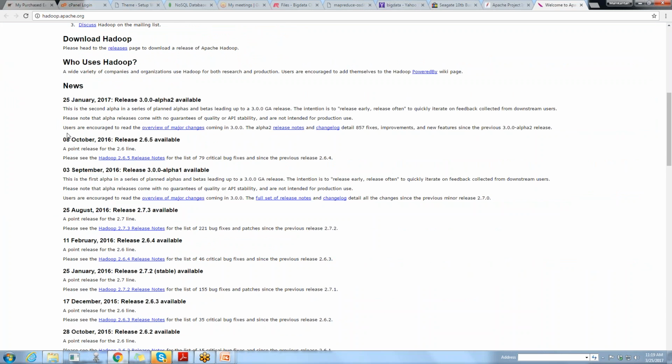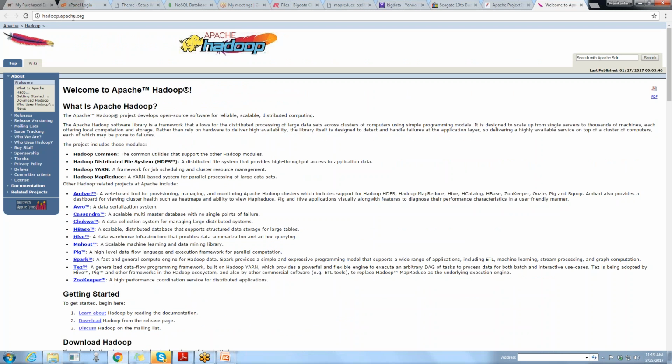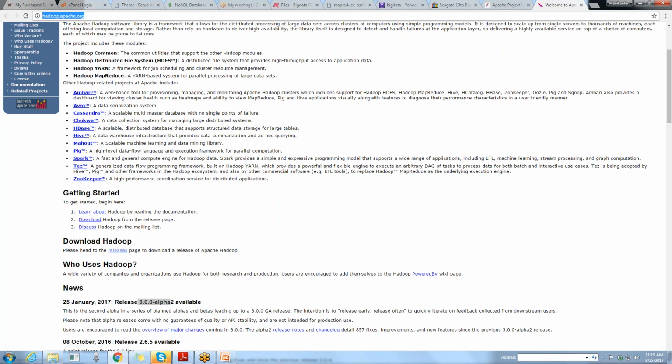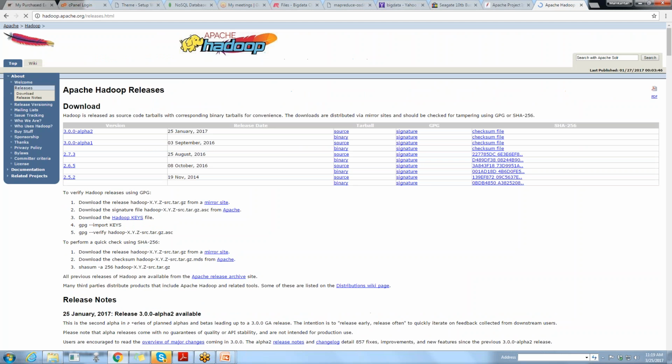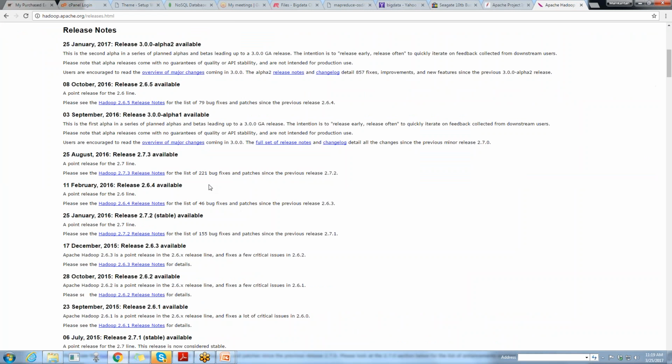Okay, the current version is 3.0. You can go to hadoop.apache.org, then go to the download section, and you can download the software. Here you can see the release. This latest release is 3.0, which was released on the 25th of January, but it started